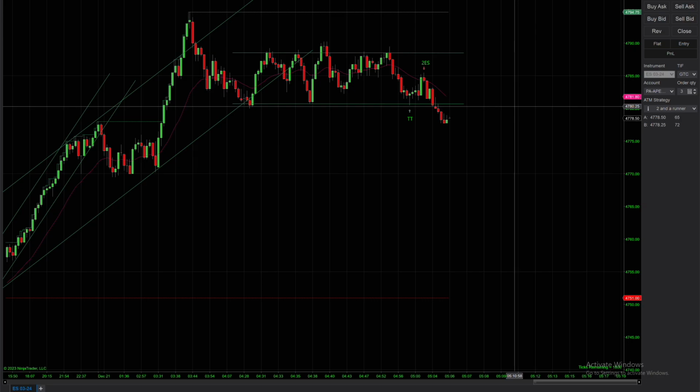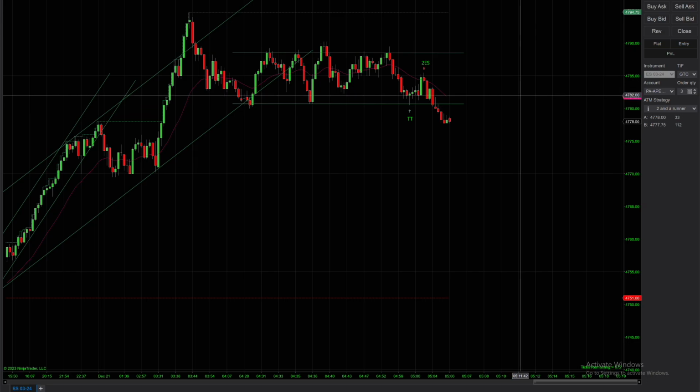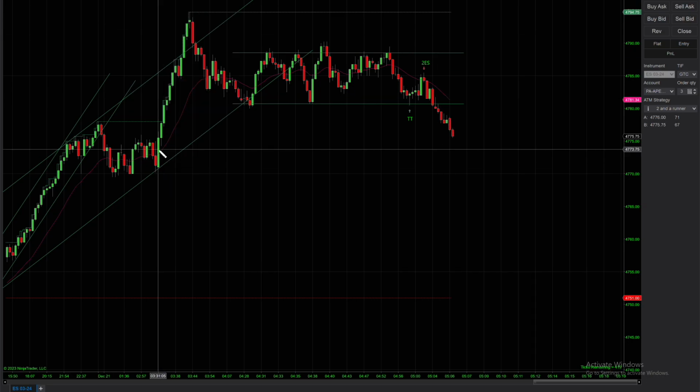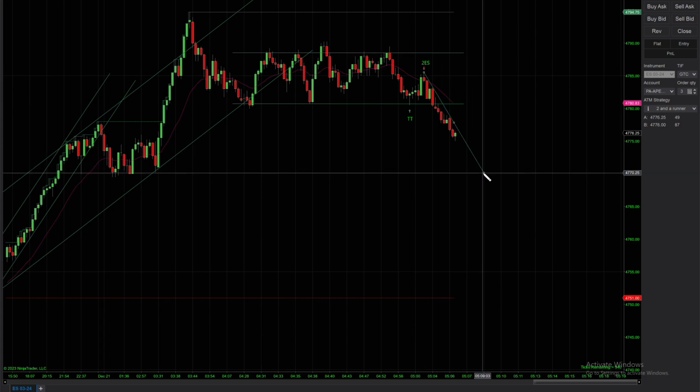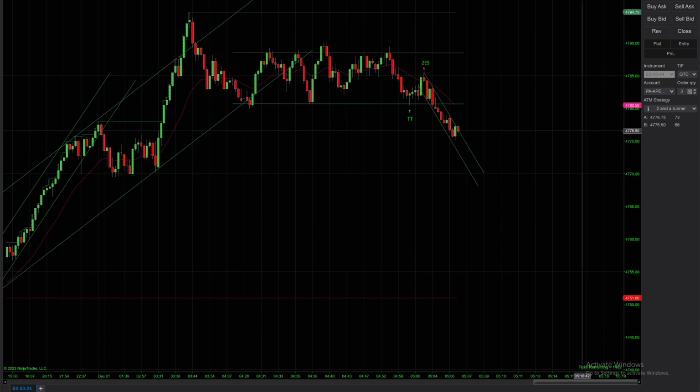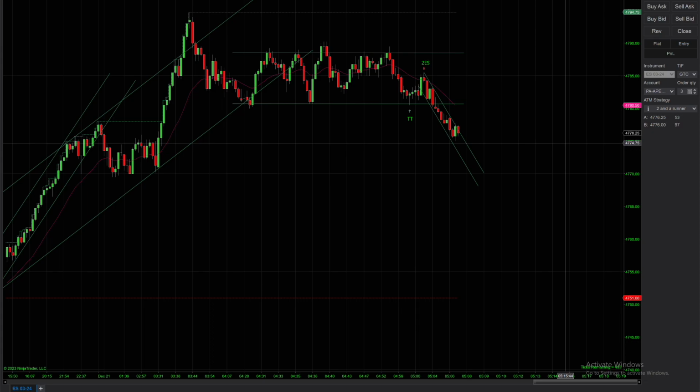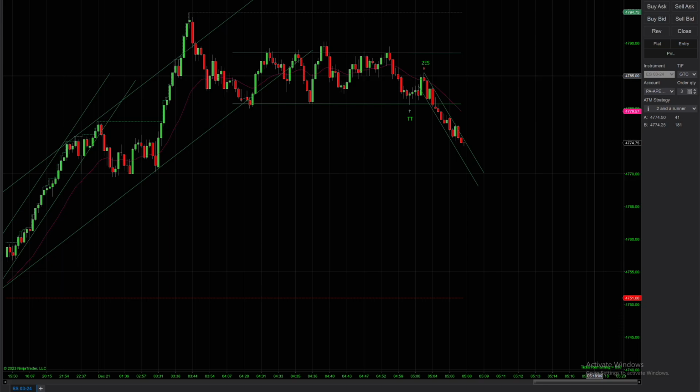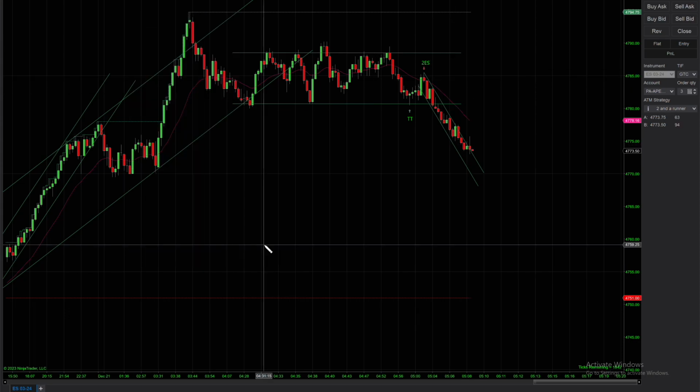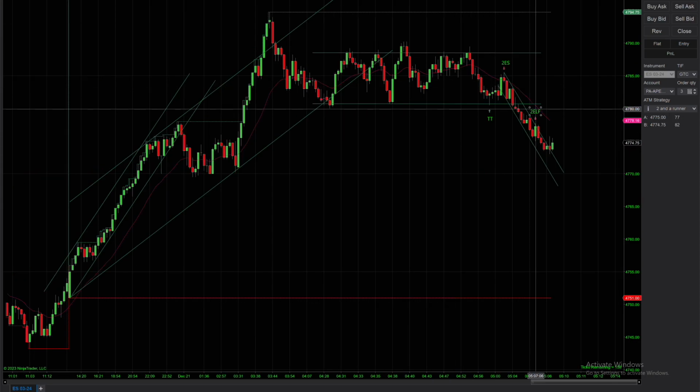And this is what led into my demise, my losing trade. So we had this downtrend, right? I thought maybe we had a break, but I forgot we had a break in the trading range. This technically would be the break in the trading range. So now you should expect it to go up, right?